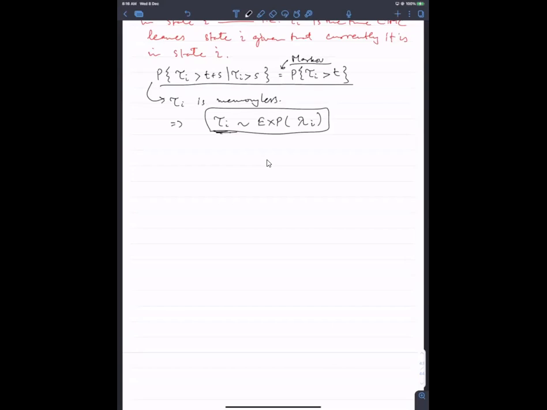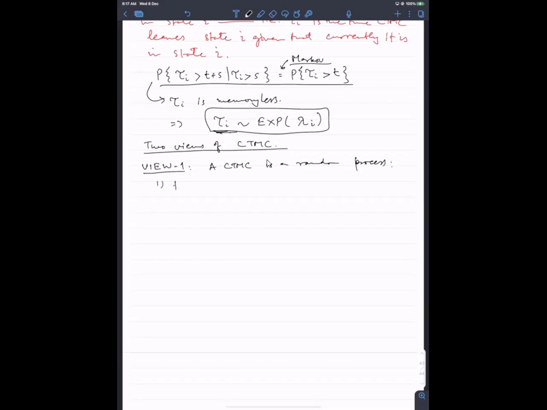So if the chain has to be Markov, then the holding times have to be exponential. Okay. With this in mind, I have two views of continuous time Markov chains. So view one is the following. A continuous time Markov chain is a random process such that